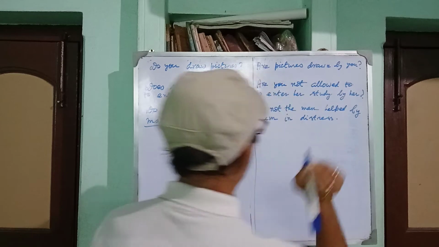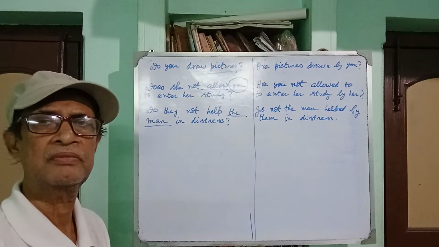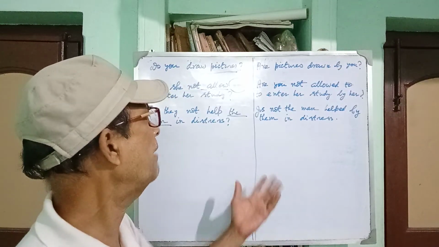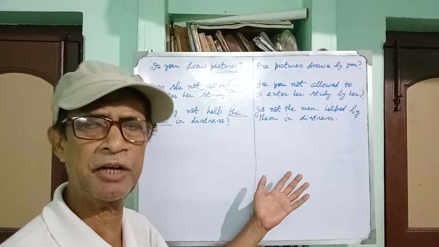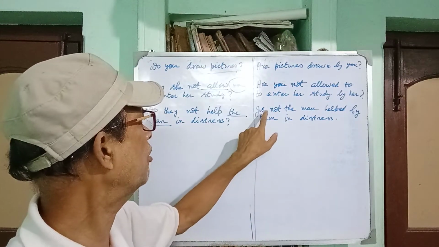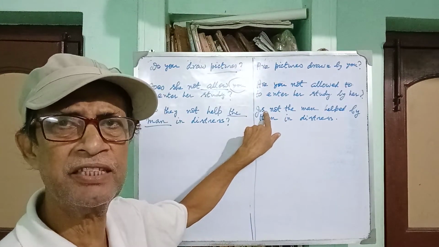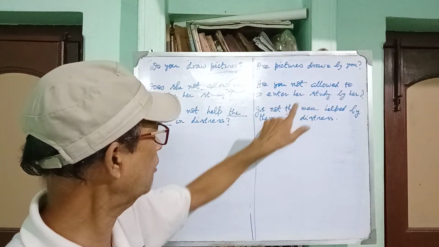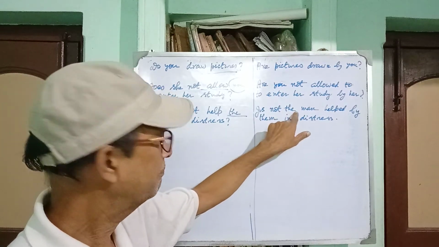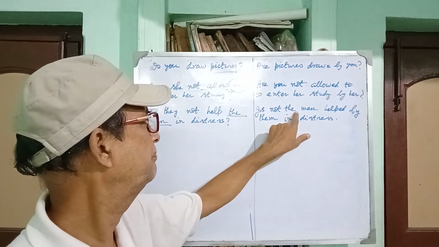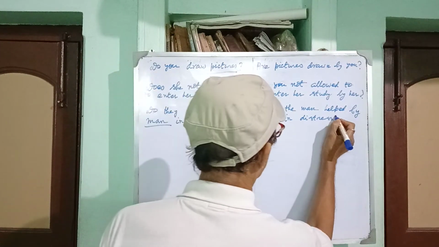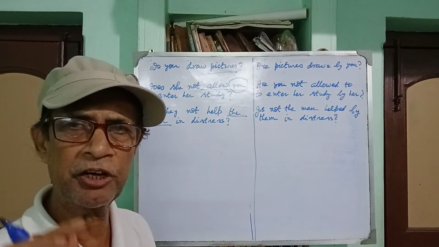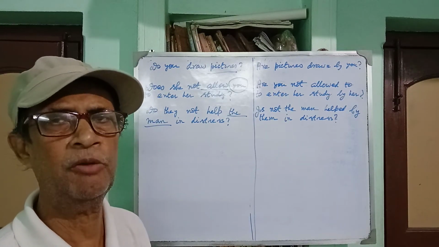So very easy. When the active voice is in the interrogative form, you will have to keep the passive form in interrogative sense by using the auxiliary verb at the beginning of the sentence, followed by the subject and negative form, or followed by not and the subject, and you must give the interrogative sign. There will be no change.